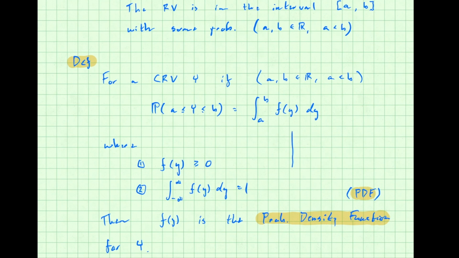So let's say f has some sort of shape like that. I don't know why we always use that shape as an example. You could use other shapes. Then if this interval is a to b, like this is a, this is b, then the probability is the area under the curve. This thing, the probability density,